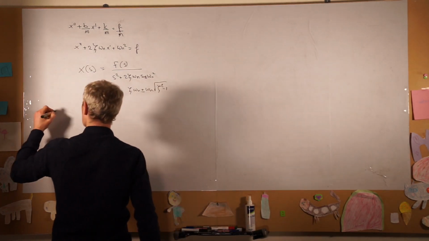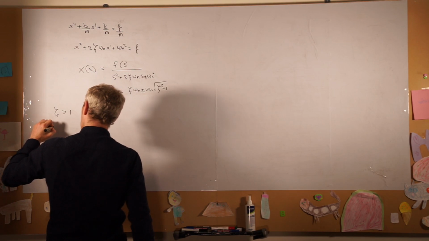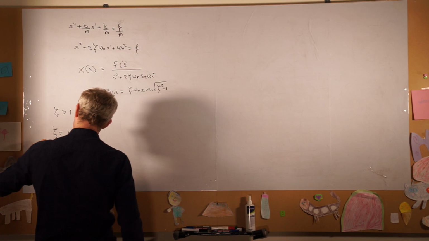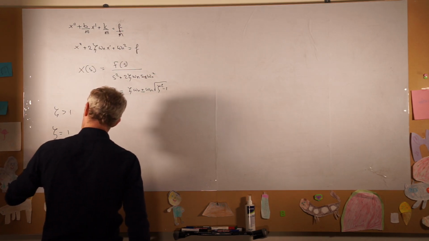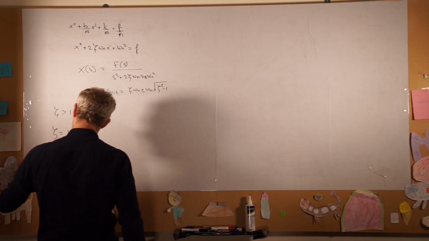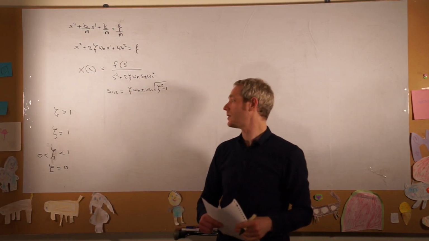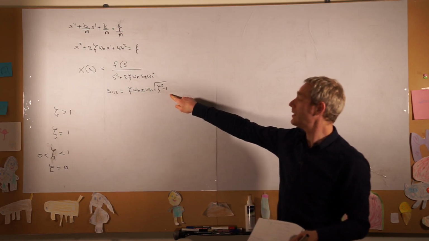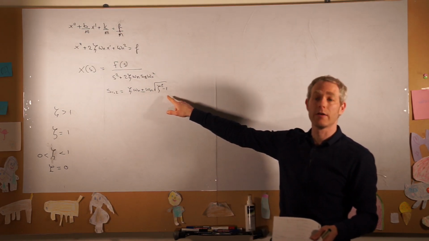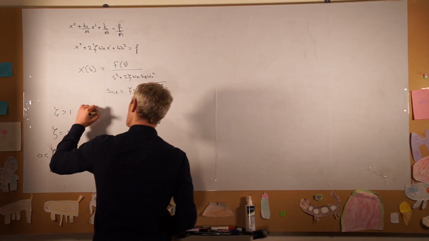So for example, we have zeta larger than 1, the second condition is zeta equal to 1, then zeta between 1 and 0, and the final case, zeta is equal to 0. So if we distinguish these four cases for zeta, in the first case we'll have two real zeros, which means we have an overdamped